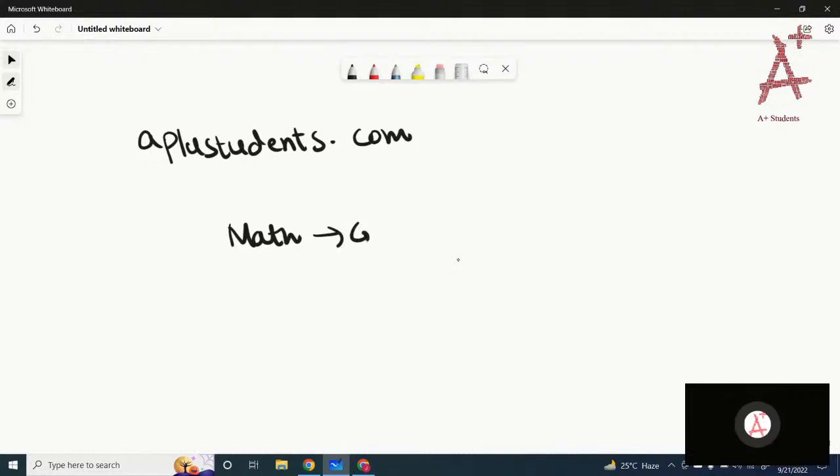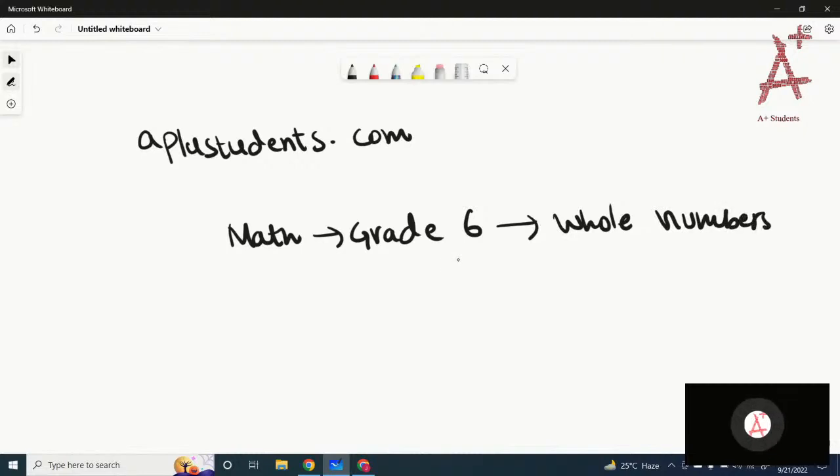Then scroll down to grade 6 maths and see the first topic, that is whole numbers. And we did 4 of the lessons from whole numbers today. So you can find these lessons under the whole numbers, complete the tests, and if you need more help, just